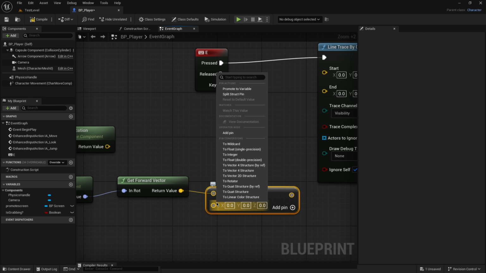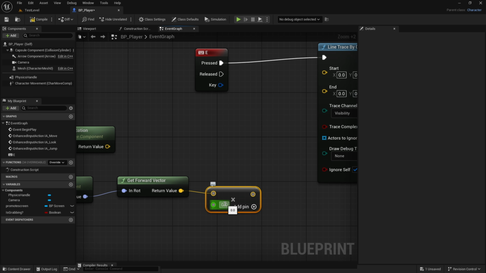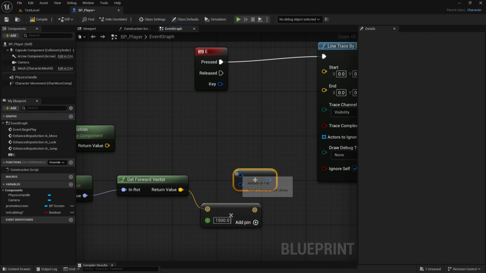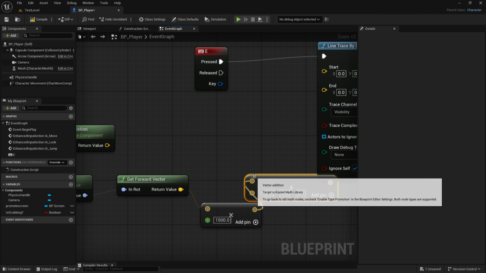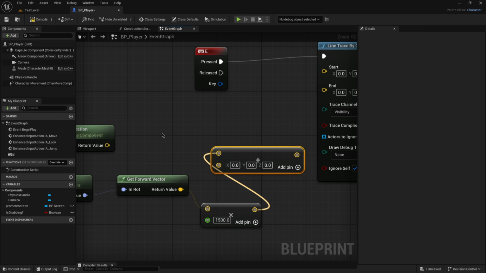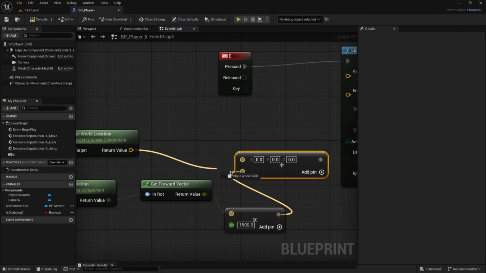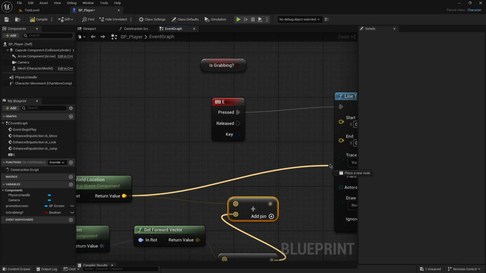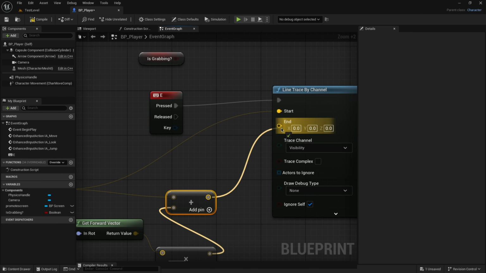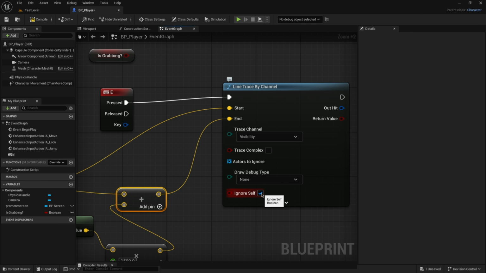Turn this to a float, set it to 1500. Do an add, connect this. I'm gonna put it here, and I'm gonna connect world location to start and this add to the end. I'm gonna ignore self,